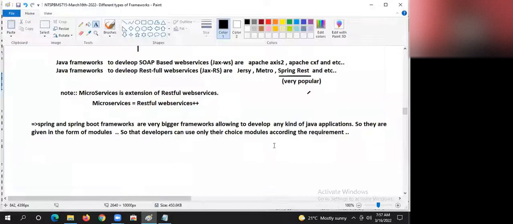Yes or no? So the same restaurant should also give the option of a la carte eating. A la carte means they should be able to order one or two items of their choice. So food lovers will eat buffet, and non-food lovers will eat how much they want, what they want.